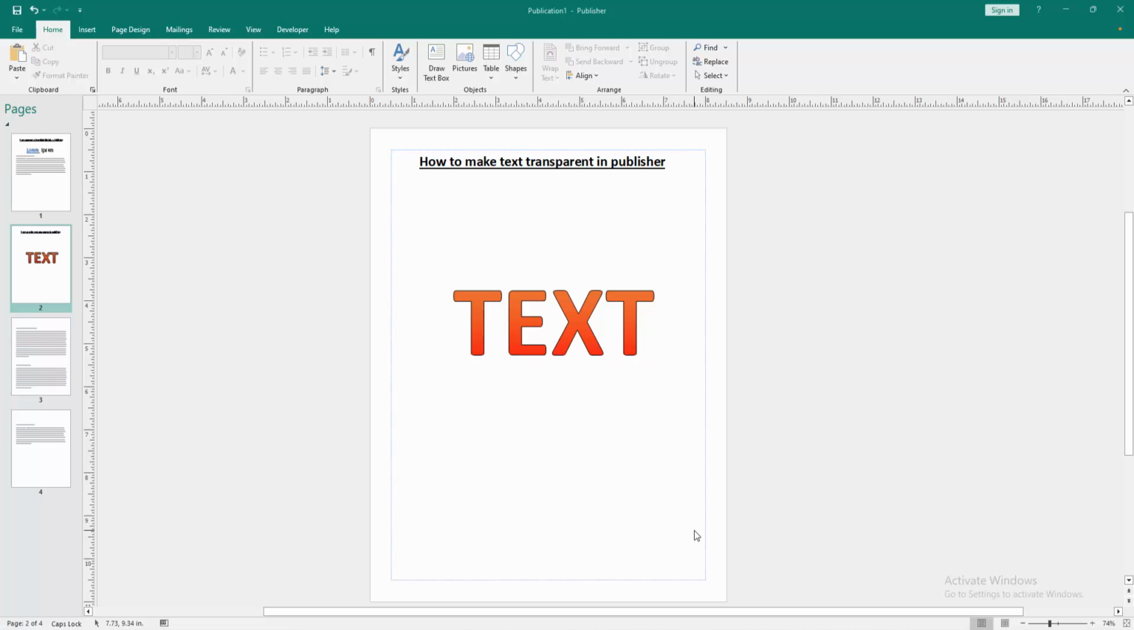In this video, I am going to show you how to remove text fill color in Microsoft Publisher. Let's get started. Firstly, we have to open a Publisher document and take a text with fill color and outline